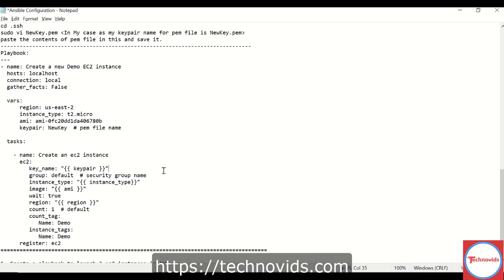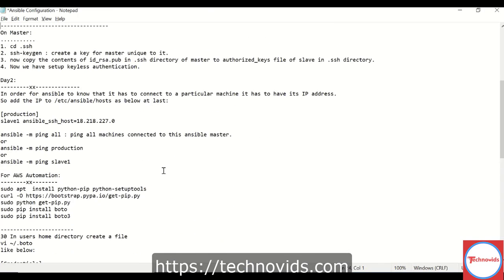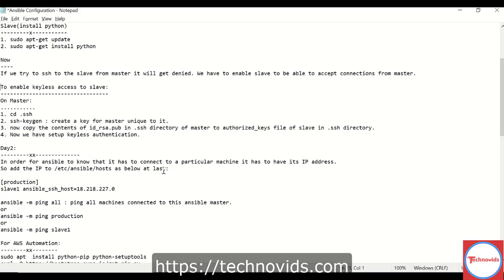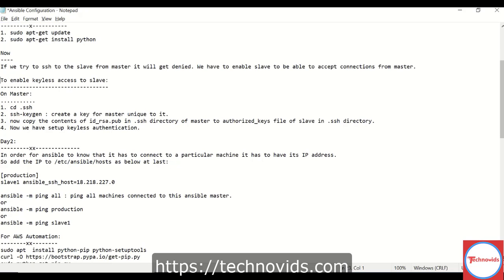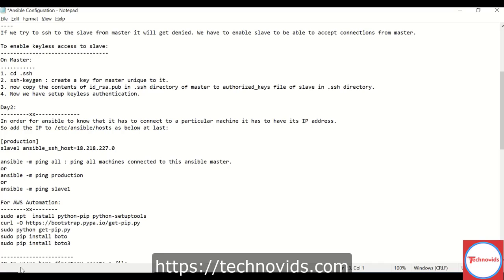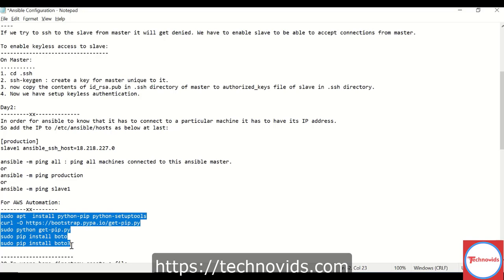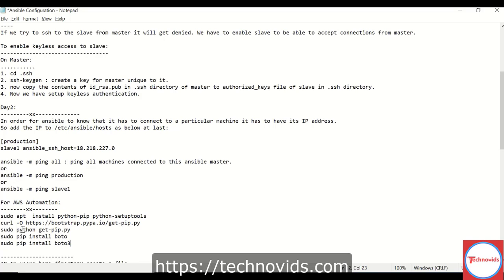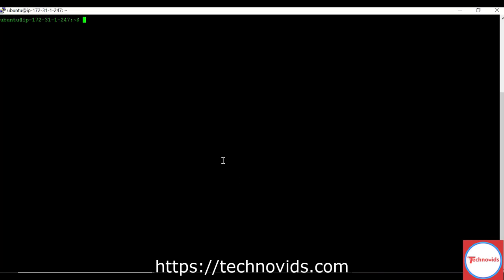Now, to get Boto in our system, we have to follow some simple steps. What are those simple steps? The simple steps are to simply install Boto and Boto 3, both the versions of Boto. To install Boto, we have these steps to perform. I will simply paste them in the video. So install Boto 3, and once your Boto 3 is installed, then